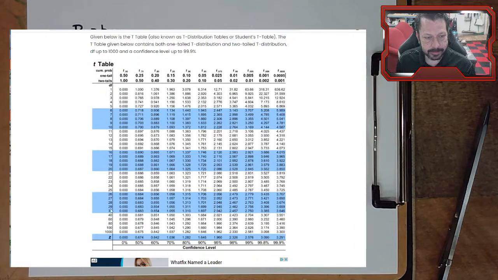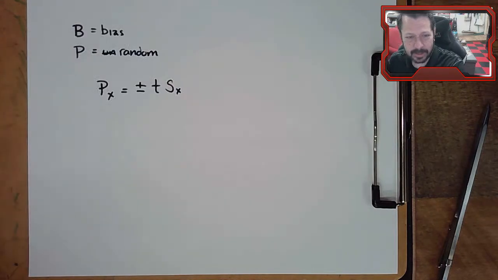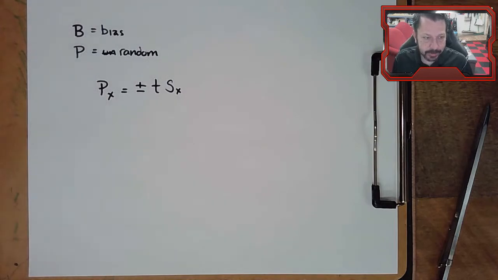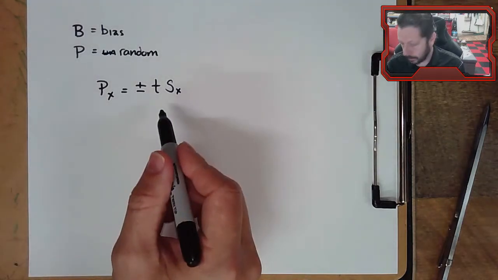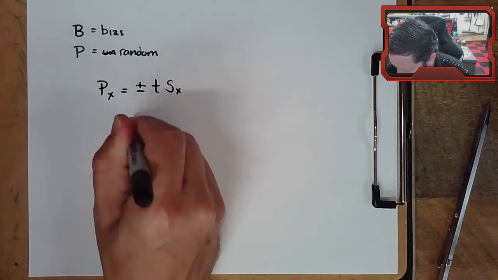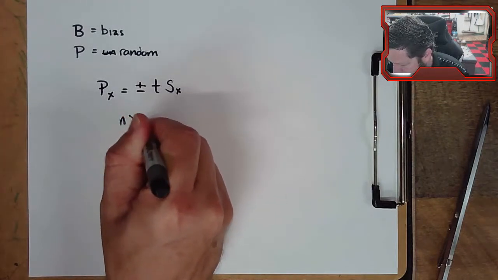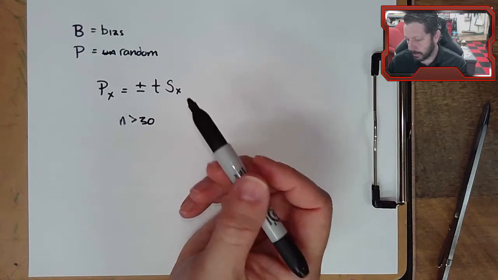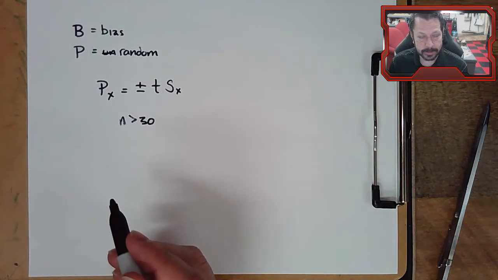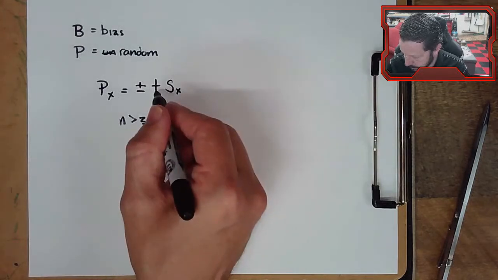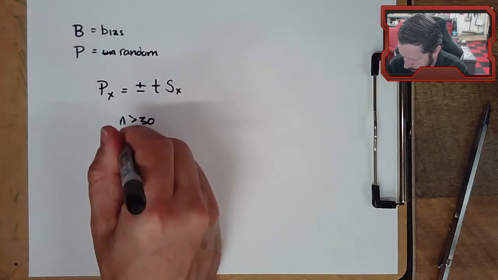Then even the tables themselves begin to not give you incremental data. It goes from 30 to 40 and then 40 to 60, and then here it is at 1,000, and you're not getting that much change anymore once you get to about 30 samples. So we're going to say if you took your sample n is greater than 30, at that point you're in the normal distribution range of things, and you can just say, for the purpose of this equation,